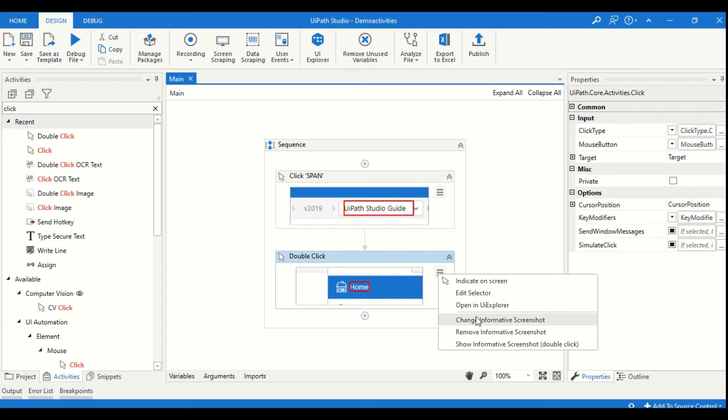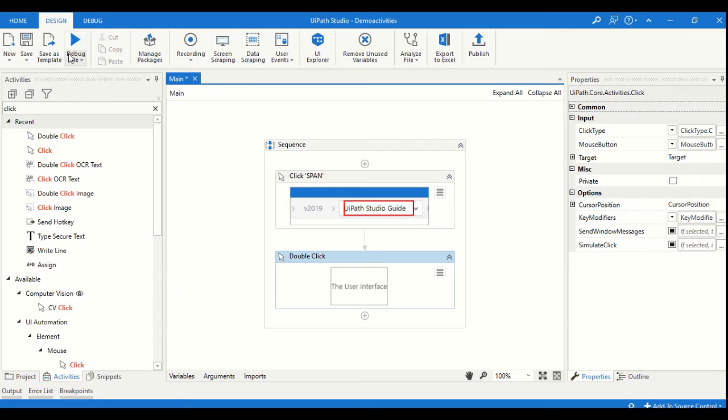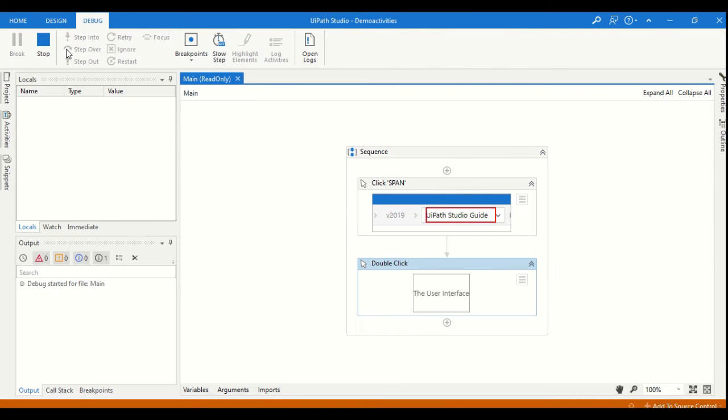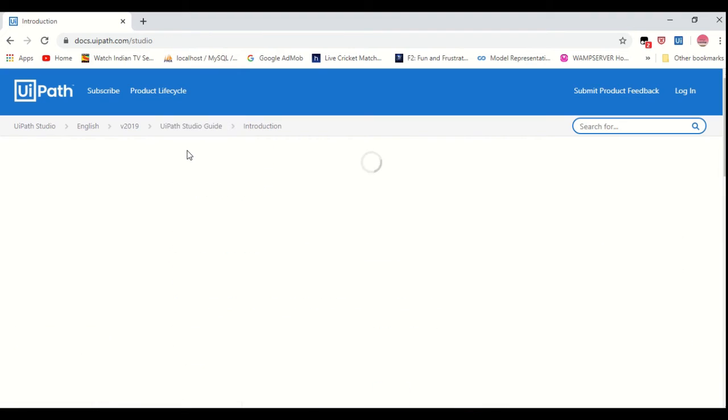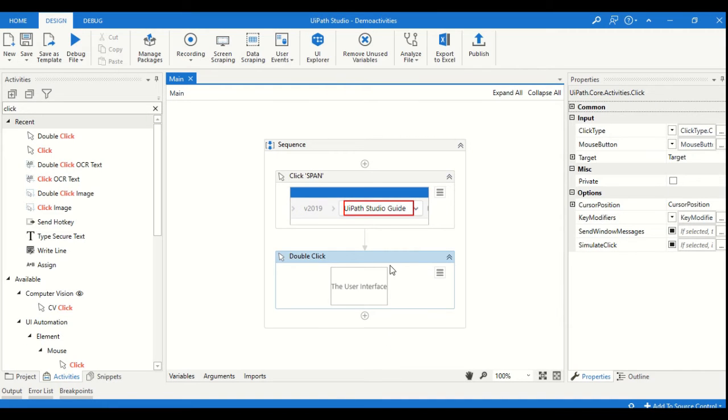So we will remove this, and this time we will click on the user interface, and this is about the click and double click activity.